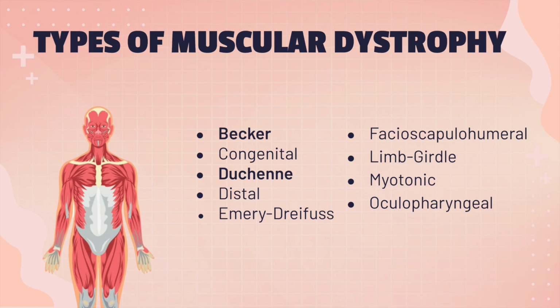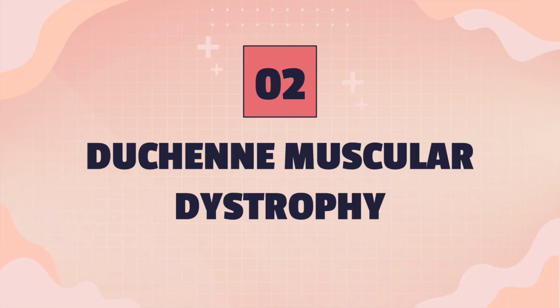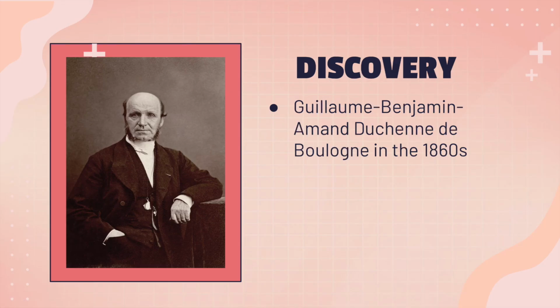There are 9 types of muscular dystrophies, each affecting different areas or combinations of areas in the body. The ones we will be discussing today are Duchenne and Becker muscular dystrophy. Moving on, let's start to discuss Duchenne muscular dystrophy, also referred to as DMD. This disease is characterized by mutations of the DMD gene on the X chromosome, which can lead to progressive weakening of the muscles in our bodies, eventually leading to death. It was originally discovered in the 1860s, but it wasn't until 1986 that the gene responsible for the disease was located on the X chromosome.